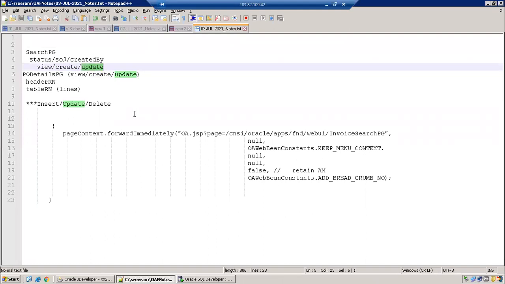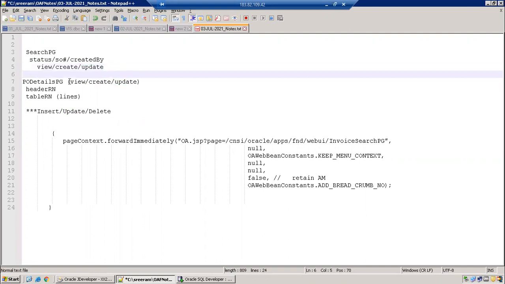Initially, we just simply try to design a search page. Later on, we'll change some functionalities one by one. So for now, what did we do last time? Last class we did the pivot headers, right? The lines we'll do later. As of now, we'll design the search and later we'll do the lines. Yes, last time we designed only the header part.